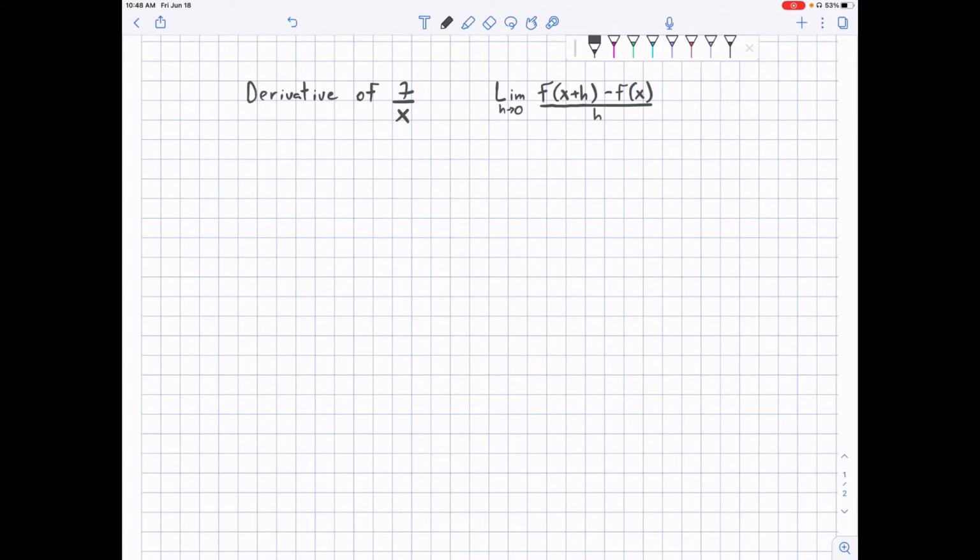So the first thing we're going to do is find out what f(x) is. That's actually pretty easy here. It's just 7 over x. And then we're going to have to find the expression for f(x plus h), which, if we remember with function notation, whatever's inside the bracket is what we replace x with. So here, there's our x plus h, so I put it in the bottom where the x is. Now that we have two of the parts that plug into our equation,